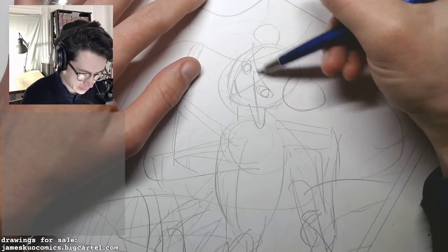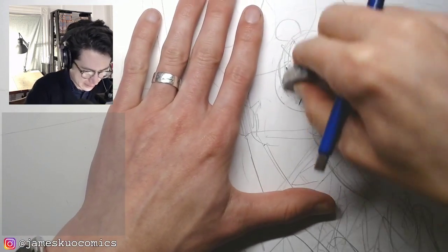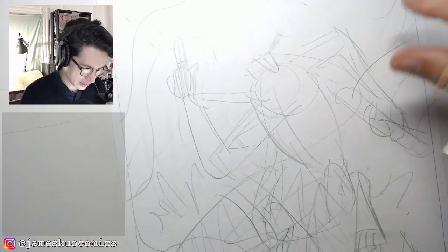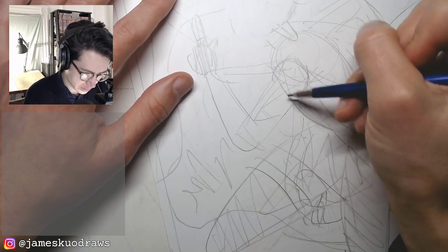That will need some adjustment. I'm not quite sure, I don't think a human neck can do that. Let me just work on that a little bit. Let me think. I think if I drop the shoulder down a little further,